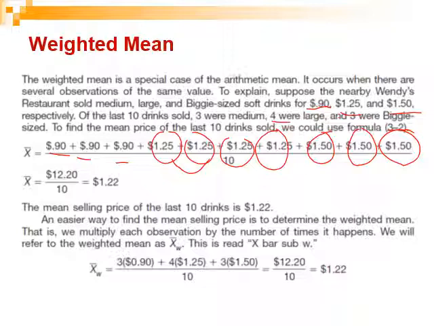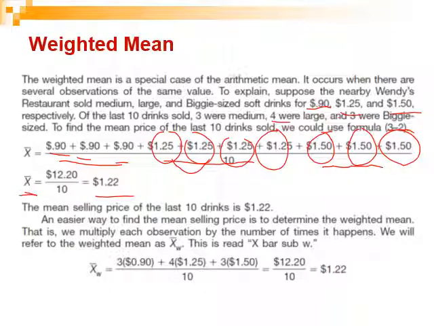Note that we have similar observations with the same values. The 0.9 is repeated 3 times, 1.25 is repeated 4 times, and 1.5 is repeated 3 times. We will add all and divide the sum by 10 to get the sample mean x bar,